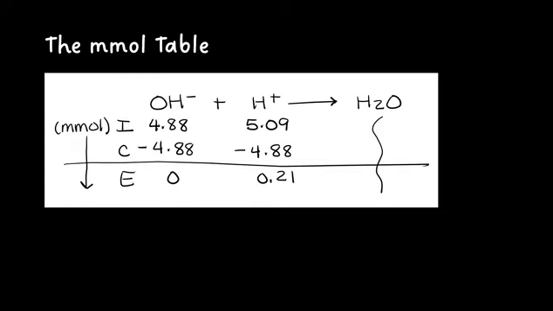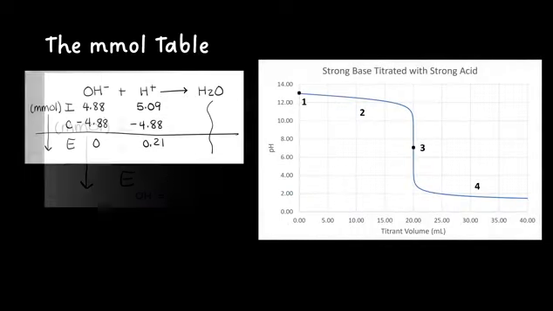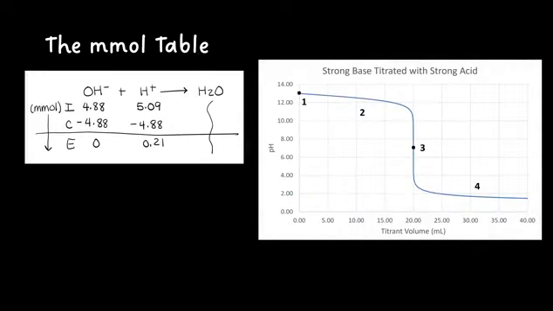And our last example shows that the original base is fully reacted because it goes to 0. However, there is excess hydrogen ion remaining. Here, we are after the equivalence point. There is no OH- left to react with the H+, so the H+ begins to accumulate. This situation puts us in region 4.